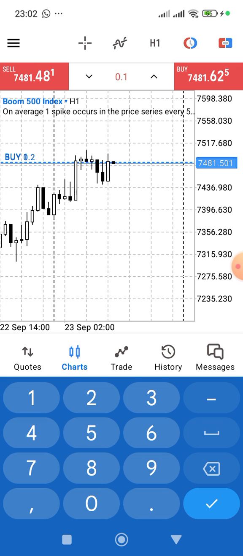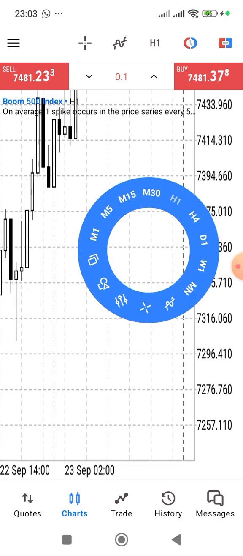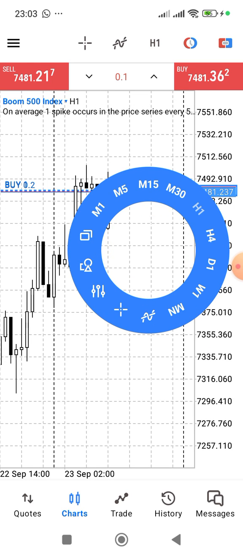So for volatilities, you have to check each of the pairs to know the particular lowest lot size to use. In an advanced video, I'll show you how to actually reduce it tactically below this lot size, but that will be in our next video. Now, when you click here,